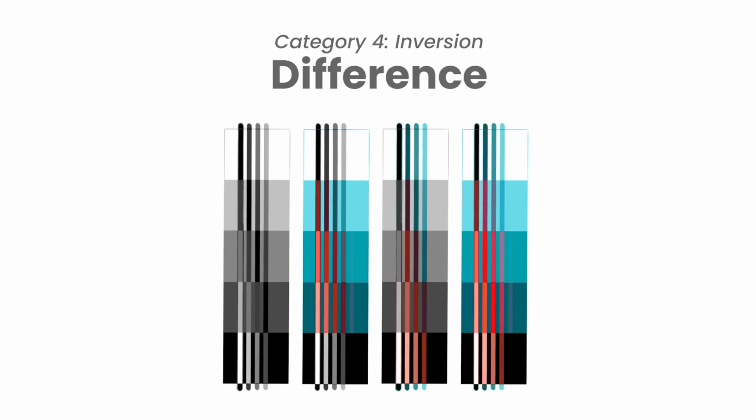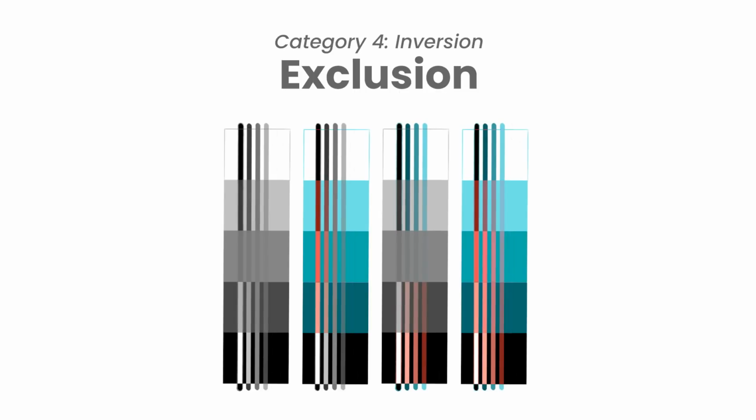First up is difference. Now, if you look at it mathematically, what difference does is exactly like the name says, it calculates the difference between the blend and the base layer. What that means in normal English is that any white section on your blend layer is going to invert the color of the base, so it will become black. Any black section on the blend layer is going to produce no change on the base, and any other color on the blend is going to slightly darken the base. Now, exclusion has the same effect on white and black as difference does, but it doesn't darken the midtones.